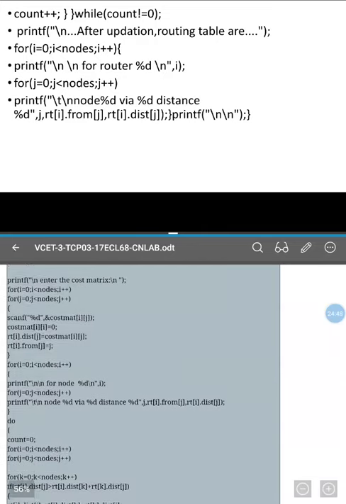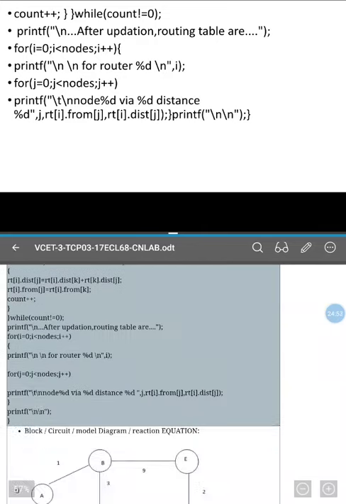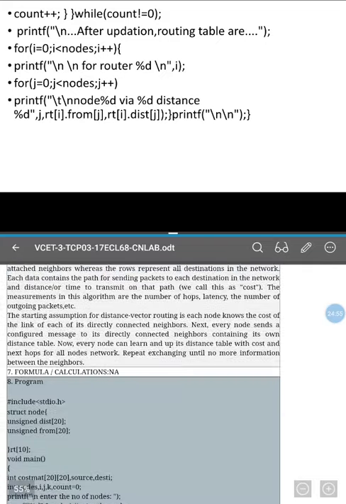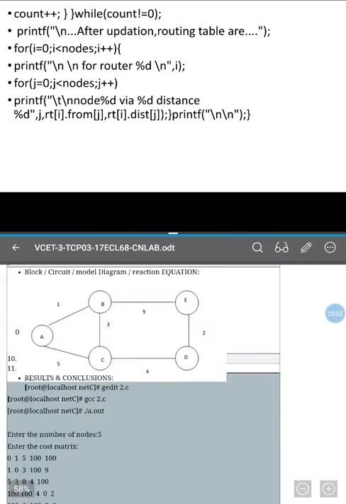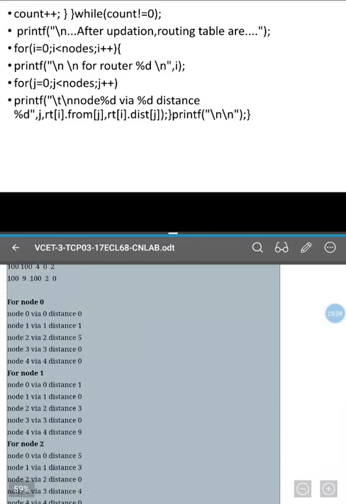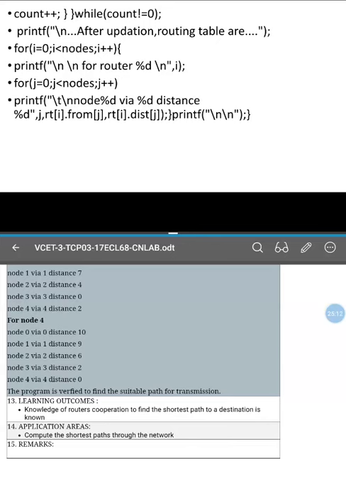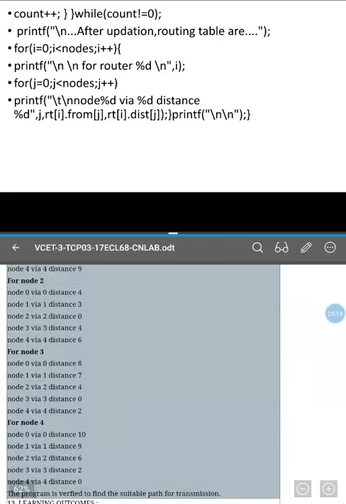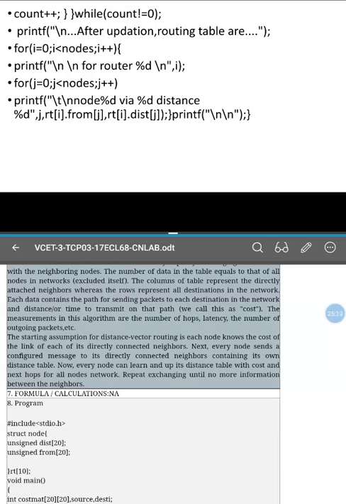Also know about what the Bellman-Ford algorithm is and how the distance vector algorithm works, and also consider an example and how we write a cost matrix, which is the user input given, and for the rest of the data after updation you'll get the data with the updated distance vector. So you will get the required result. That is what will be done in the lab.